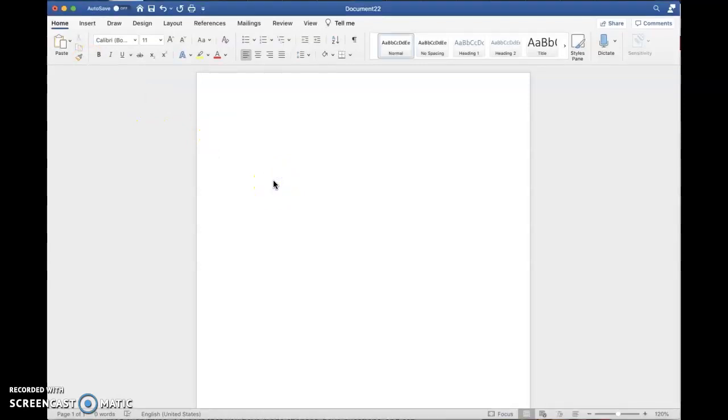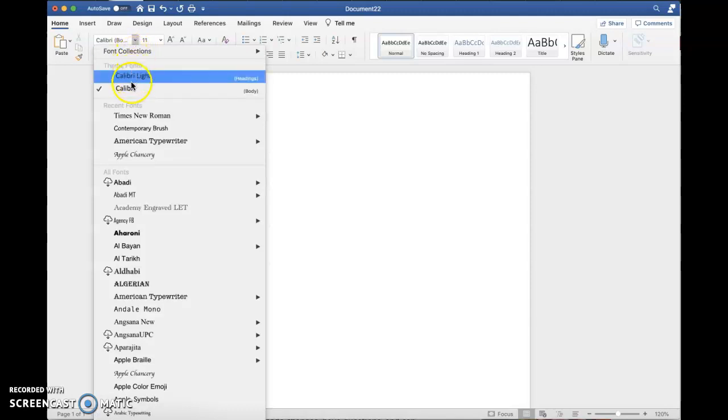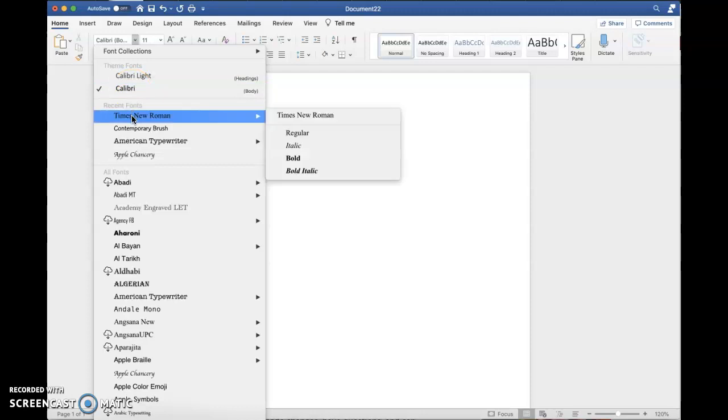Every time you open up a new document, which I just opened up, this is the default. The default is Calibri, our font right here. So that's the first thing we need to change, because this is the incorrect font. The correct font is Times New Roman. So you're going to click on this little drop down arrow here and you can see that Calibri has been checked. Now you can also see that Times New Roman is right here on my computer,